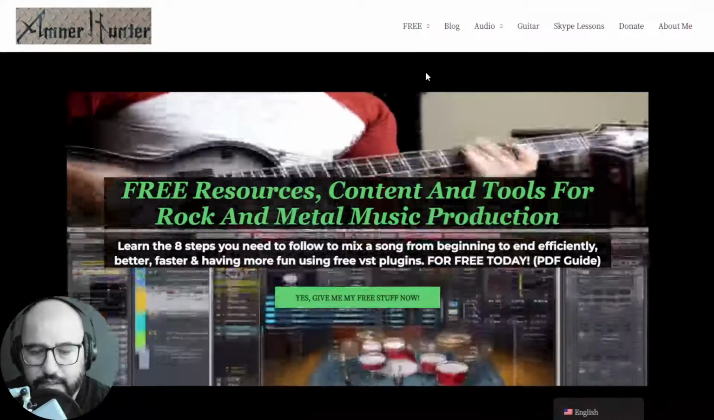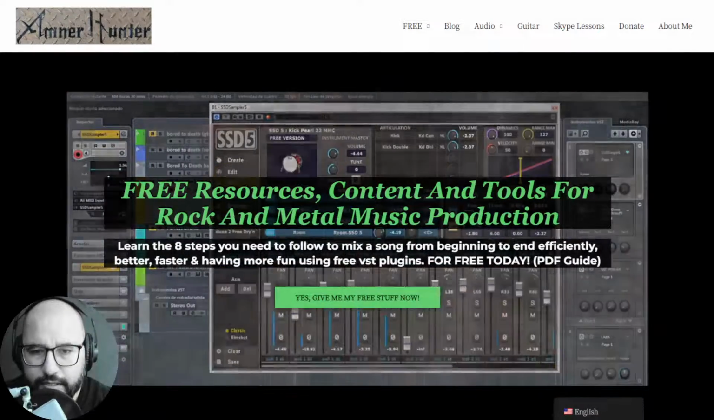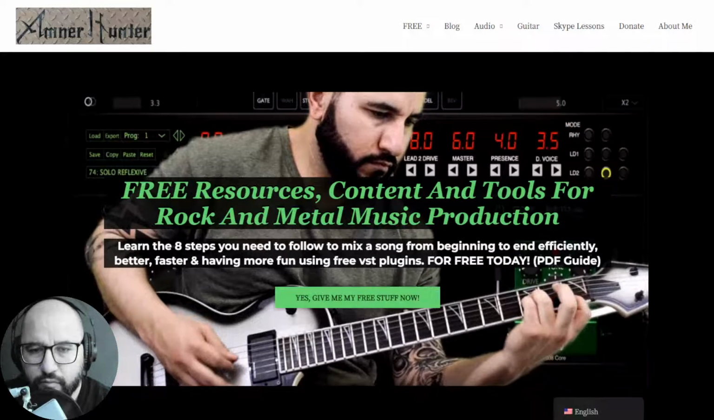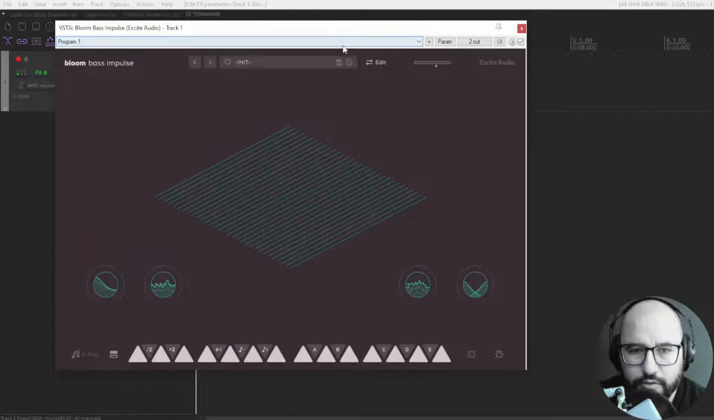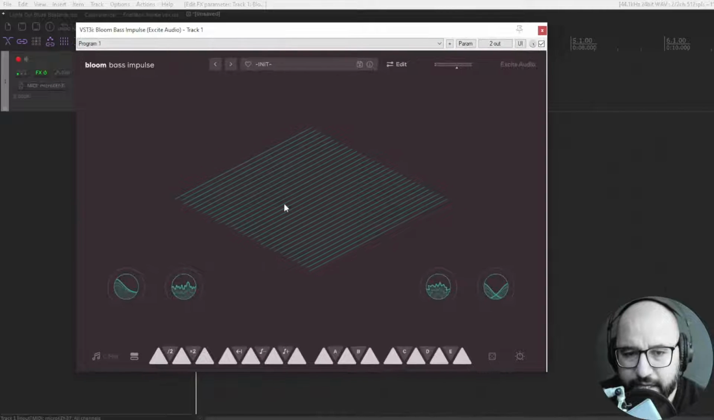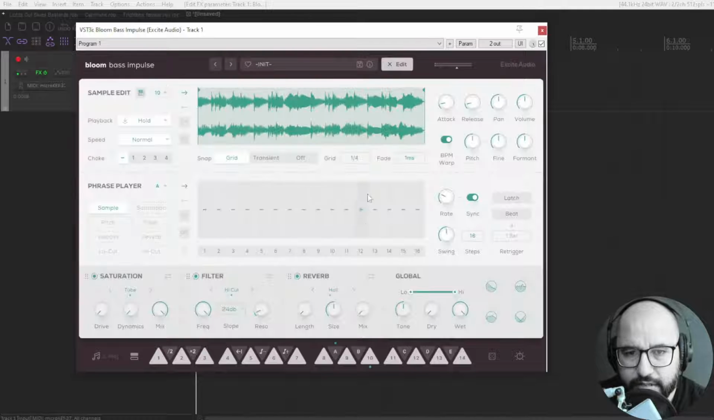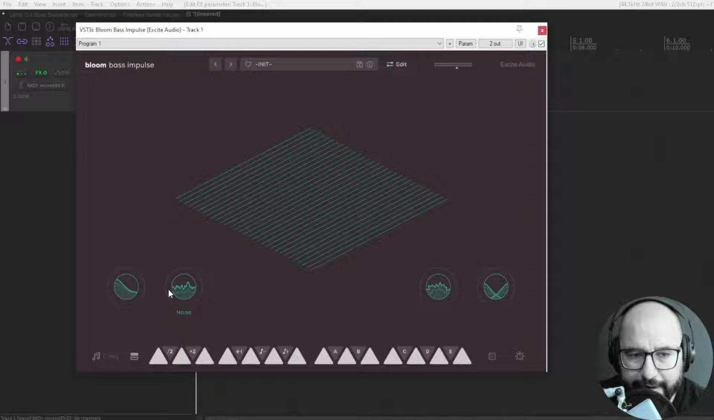Now let's check out this plugin here. Let's of course hear some sounds, right? So you should be seeing now the window of the Bloom Bass Impulse. This is the user interface, the main window, and this is the edit page, right? With the sample edit, phrase player, and the effects. And if you close this, you have the 4 macro effects here: sub EQ, noise, crush, width, and here we have